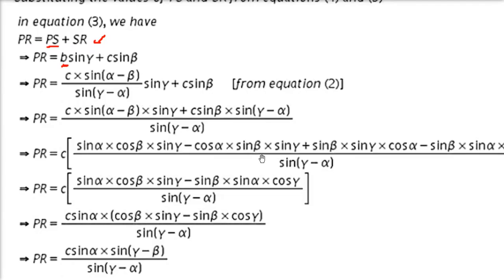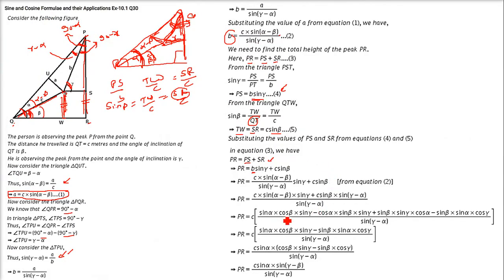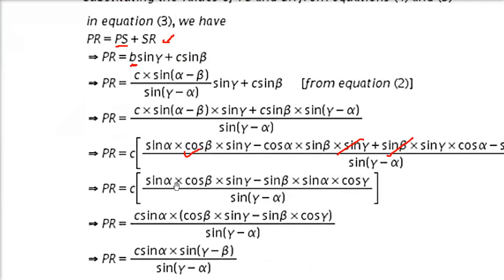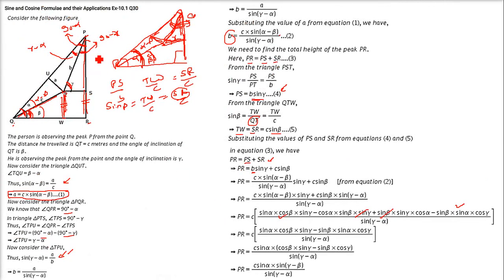Here, if you see, these two things get cancelled. Only this sine alpha cos beta sine gamma, and sine beta sine alpha cos gamma remain. Otherwise these two get cancelled. So in this one you can take sine alpha common. If you take sine alpha common, this will be cos beta sine gamma minus sine beta cos gamma, and this will be nothing but sine gamma minus beta. This is the formula of sine gamma minus beta. It will be C sine alpha sine gamma minus beta by sine gamma minus alpha. This is what we need to